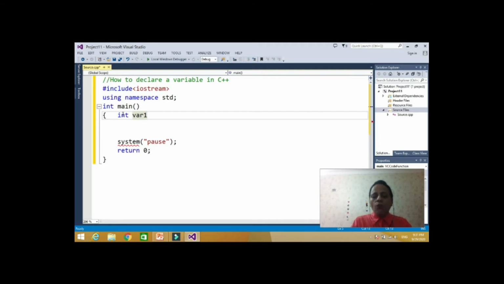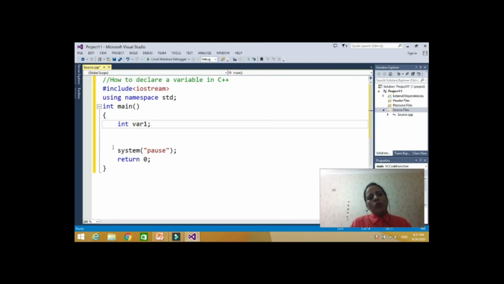So this is how to declare a variable, and earlier I told you that every C++ statement ends with a semicolon. Now the compiler knows that var1 is the name of a memory location. It is a variable and it is of type int. I write in a comment that var1 is an integer variable. Until now we didn't give any value to this var1. We simply gave the name var1 to a particular memory location.